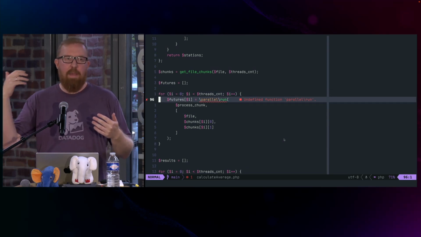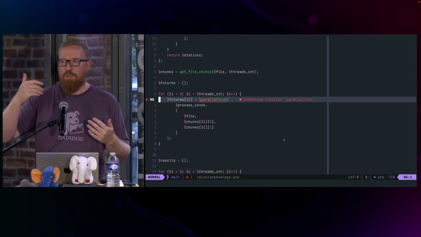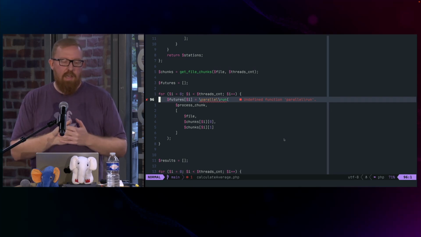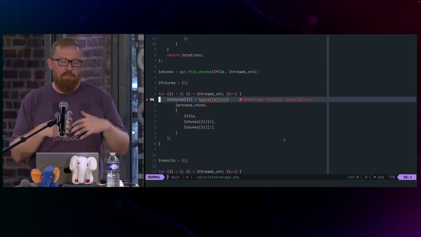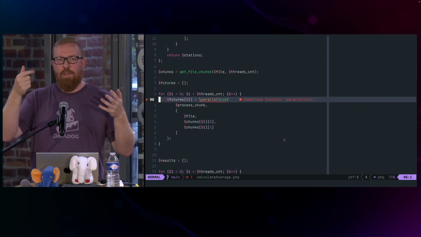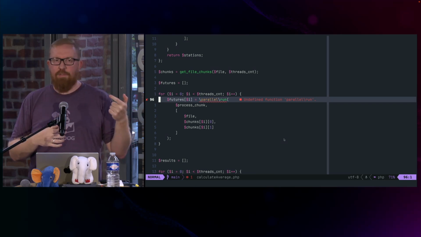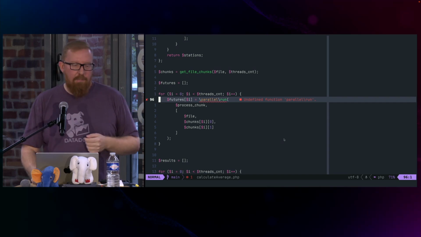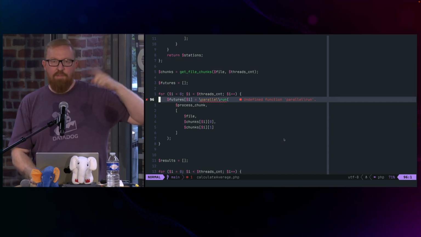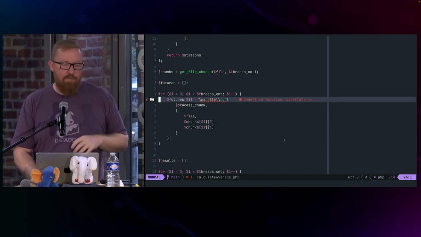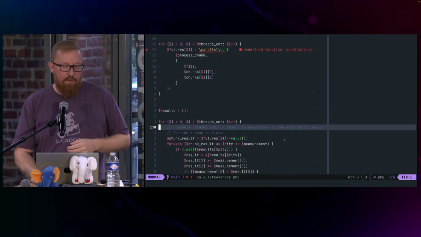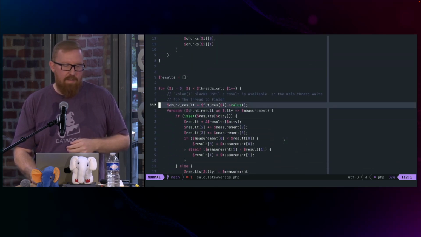It would give us back an object that's a parallel future. And this future holds the result of that thread. So whenever that thread or that callback in the thread returns, this future will have the result for us. So this will spawn 12 threads, one after the other, and we're going to have the futures. And after that, we need to wait for the results. And that's pretty easy because